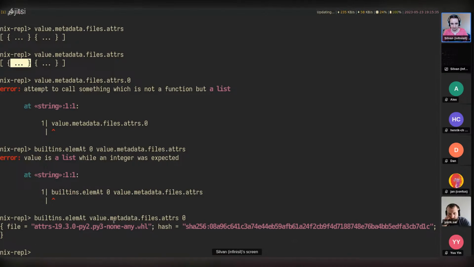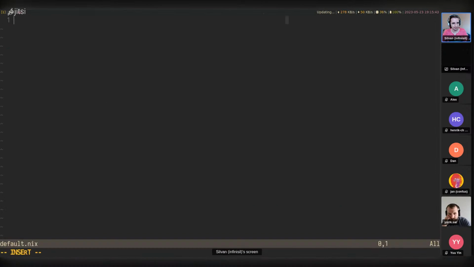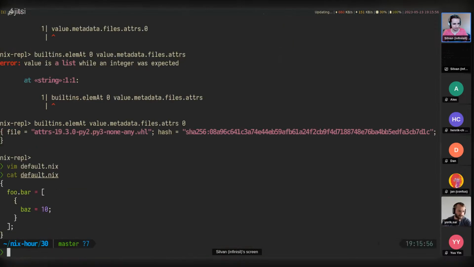But in the CLI, or at least in the traditional CLI, we can access it that way. So let's say we have a default.nix and we had an attribute set foo.bar, and then we have a list where the first value is baz = 10. Now we want to get to this 10. Let's get this.